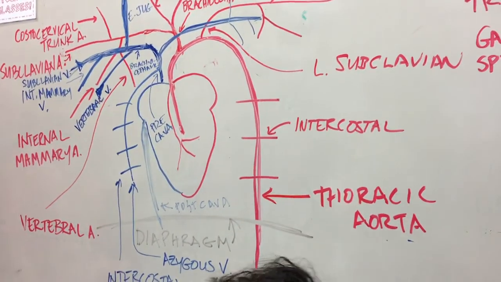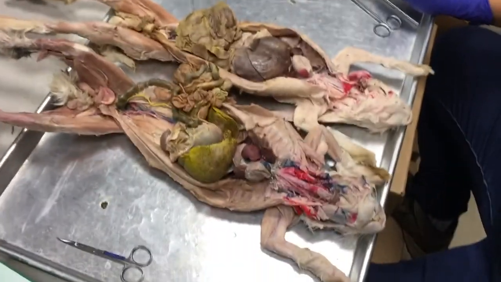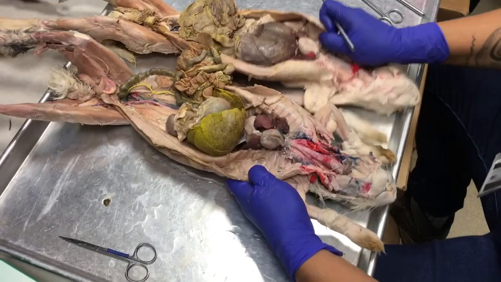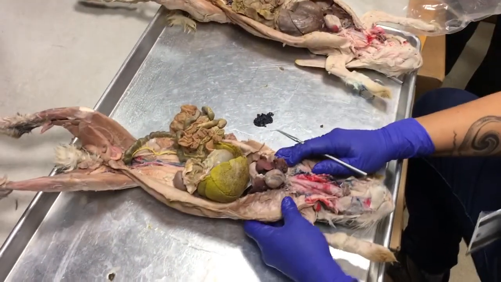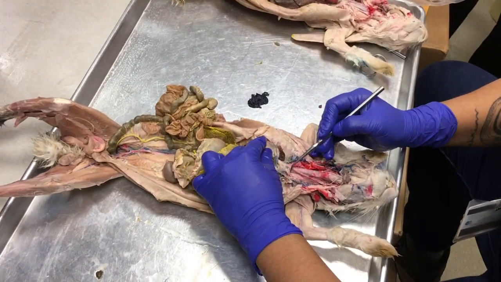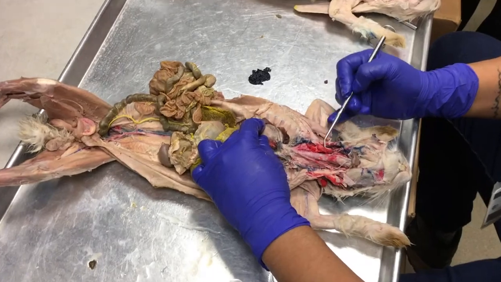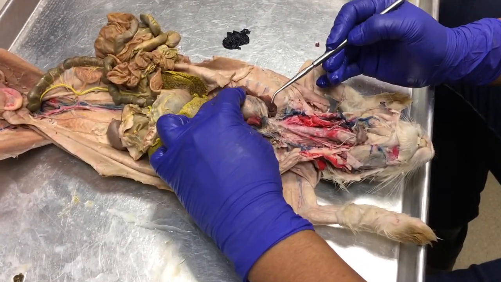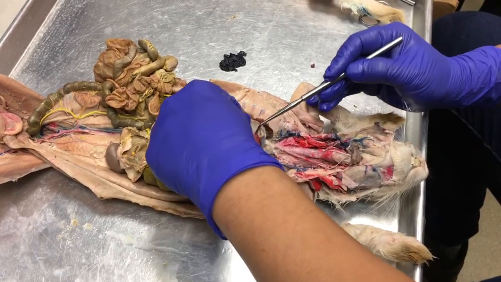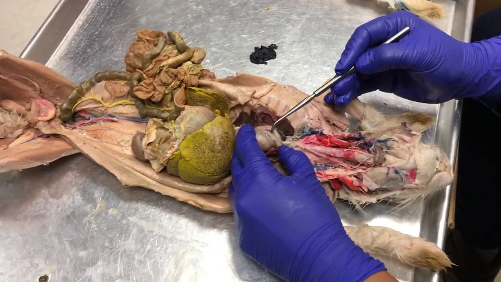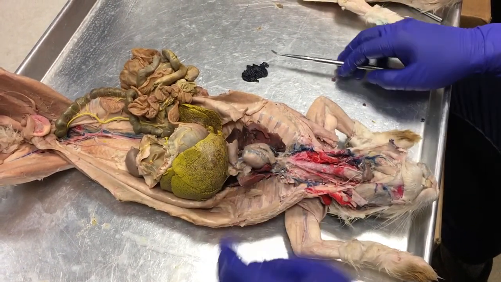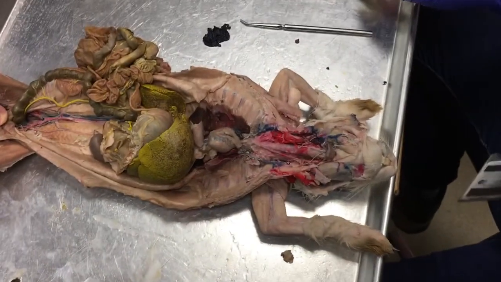All right, let's look at it on this bunny. We're going to put this one off to the side because my bunny has some good vessels. There's a little bit of an incident with the latex here, it looks like. But anyway, here's our heart, right? We can see the right atrium and the left atrium, and we can see this division here that splits the right ventricle from the left ventricle. So if we cut it like last time,